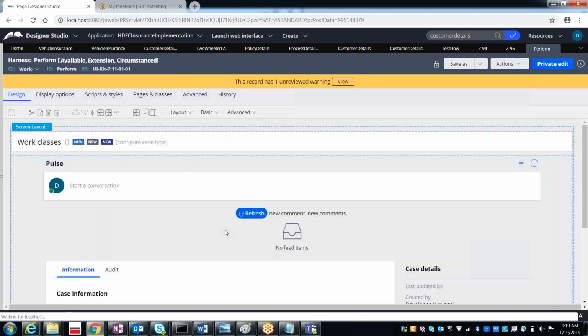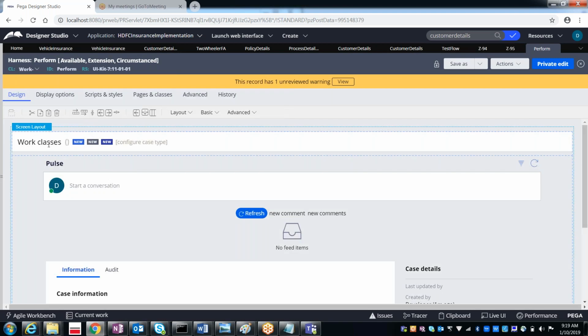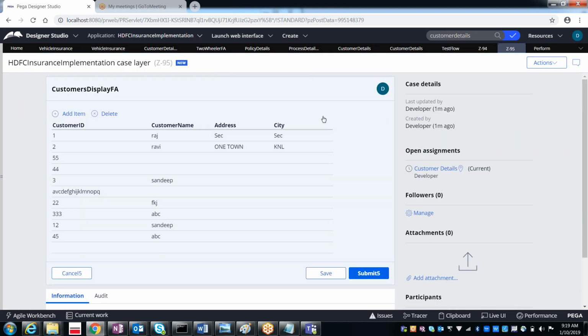See, this is the actual perform harness, which contains our work class. It displays our work class, and then we have the work object ID and then the status.